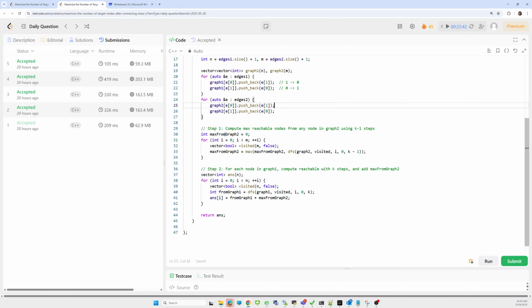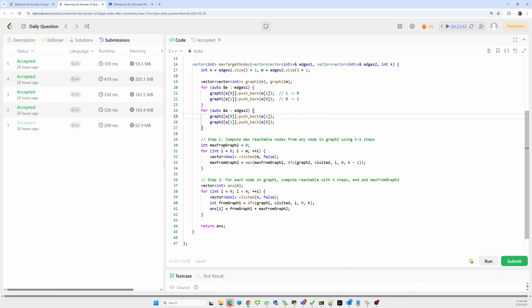Now we have to calculate the maximum target from graph 2. So we'll iterate over all of the nodes, maintain a visited list here, then call DFS. Whatever result we get from the DFS, based on that we'll update our maximum value from graph 2. Now we'll look into the DFS.